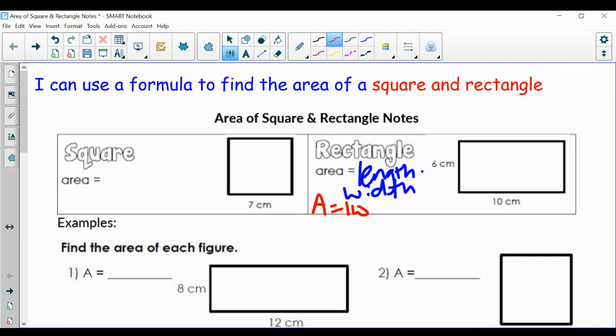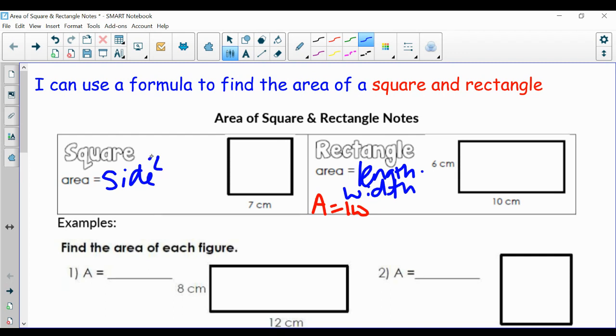Now, the area formula for a square is going to be slightly different, and that is mainly because of the speciality of a square. So when you think of square, what do you think of? So you should have said that all four sides of a square are the same. And that's really where the area formula for a square comes from. So let me go ahead and write that down. Area for a square is going to be side